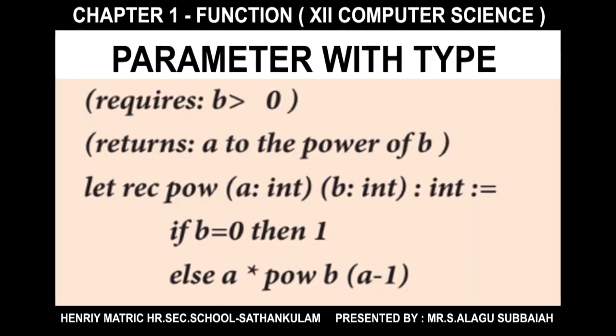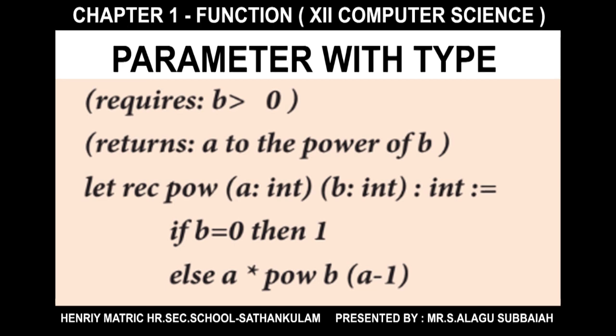Okay, next we come to the second type, parameter with type. Here I write the same function with data types. The same arguments a and b are used with their types. When we write the arguments with their data type, integer or anything, we enclose them in parentheses. So the parentheses are a must in this type of declaration. Other than that, the output is also the same.